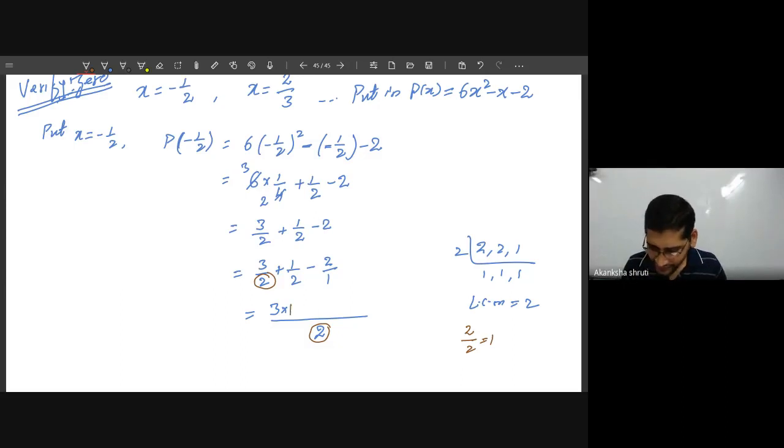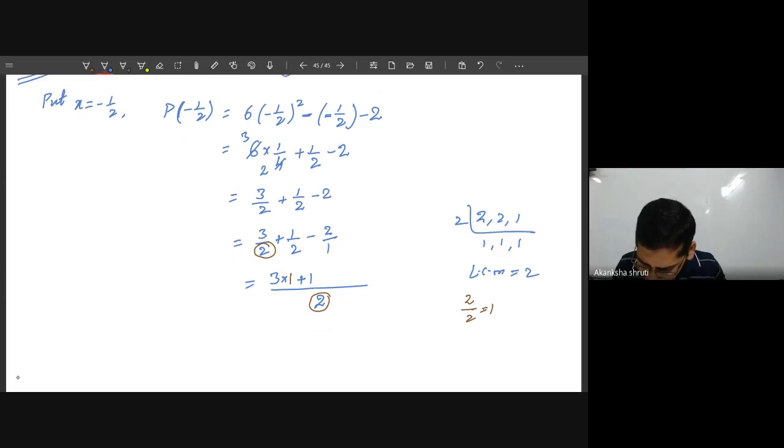Are you getting it? The same thing we have to do for the other. Okay, student? So what is there? See, the next one is the addition of 1. This has to be multiplied with which number? Observe again. So this is the 2. I am marking it by blue. So this 2 again has to be divided by the denominator of this 1. It is again 2. It is coming 1 time. So 1 has to be multiplied with 1.